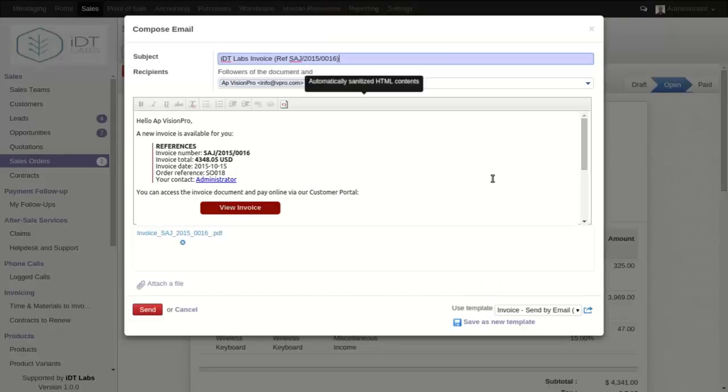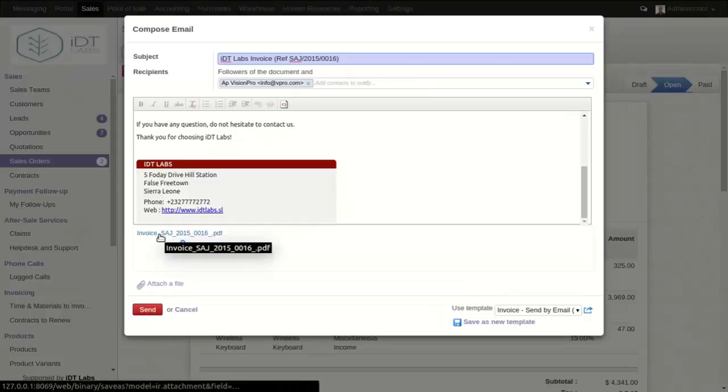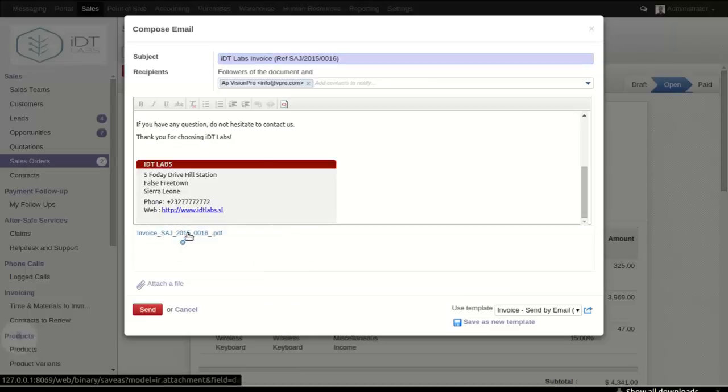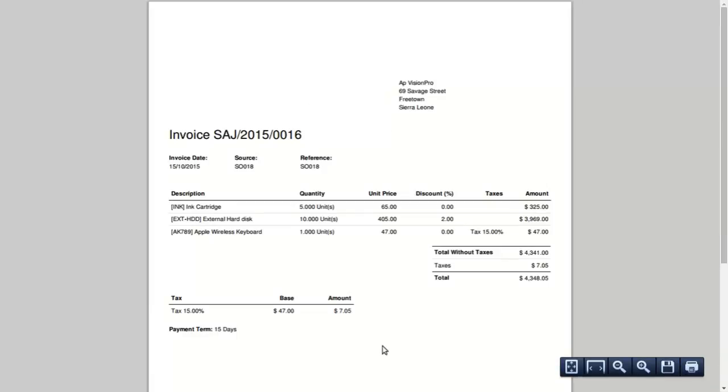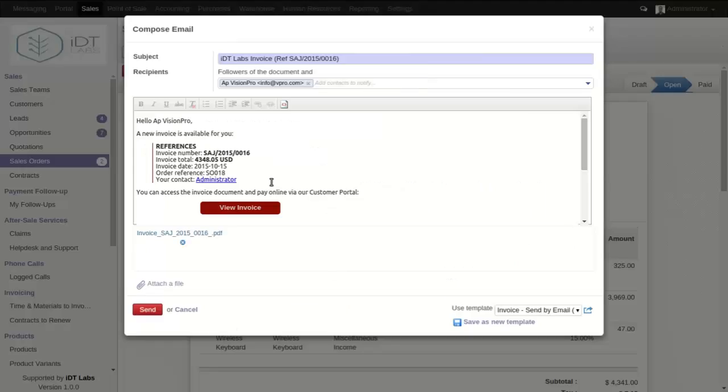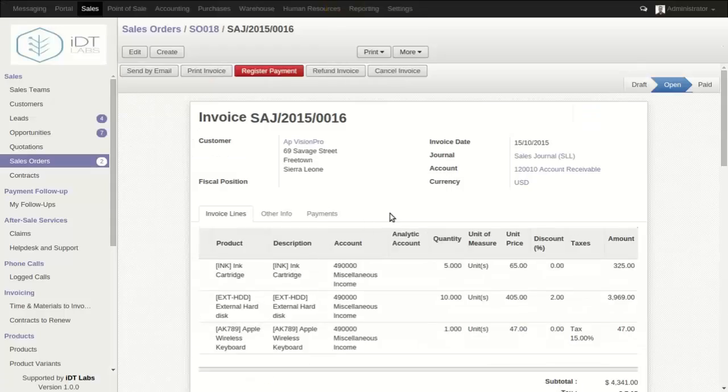Like the first one, we can also view the invoice which we are sending to the customer if we feel like doing that. To do that, you click the invoice number and then you can open it. So this is the sample of the invoice you're sending. You can print this, maybe send it by hard copy if you want to. The address of the customer, the invoice details, and so on. After everything, you can click the send button. Automatically the invoice has been sent, and it is in the open stage.